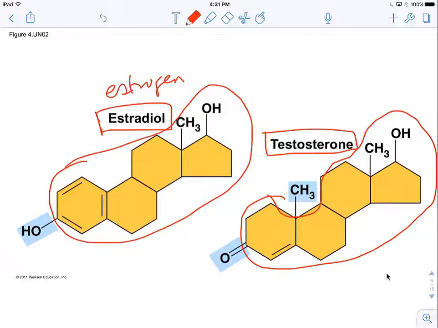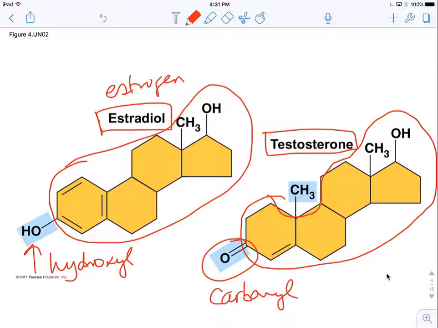And just the addition of a couple of different functional groups. Here's a functional group. When you put this, which is called a hydroxyl group, there, you get estrogen, okay? And if you don't put that hydroxyl group and instead you place a carbonyl group there, and this is a methyl group,